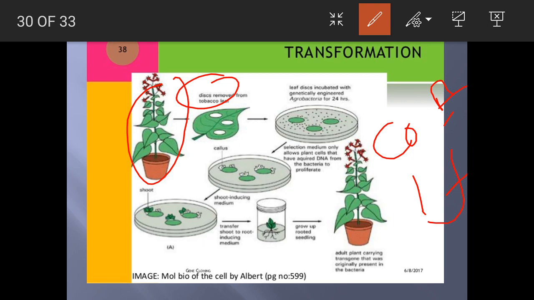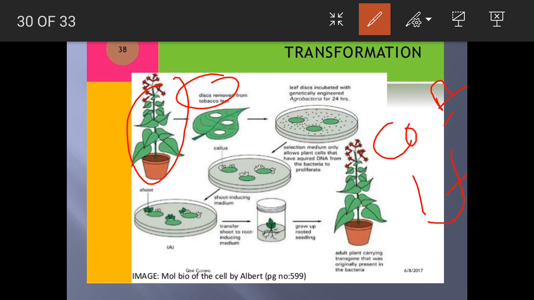In this co-cultivation step, you are allowing the Agrobacterium to infect the leaf. Before you do that, first we need to make wounds, or damage the leaves. Through the damage only, the Agrobacterium can infect the plant tissues. This step, where in a test tube you take the discs of the leaves and the Agrobacterium having your desired gene, is called co-cultivation. It is done for about 24 hours.